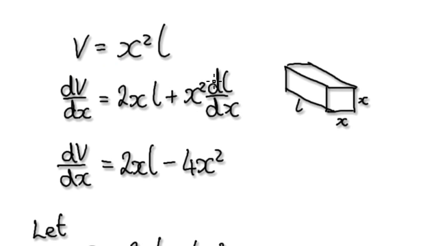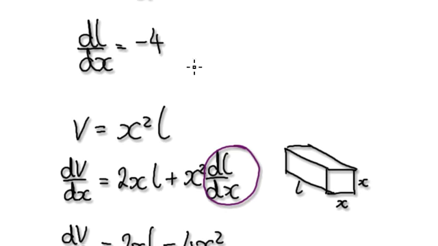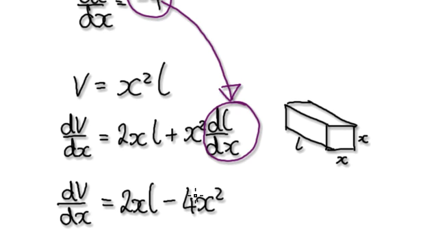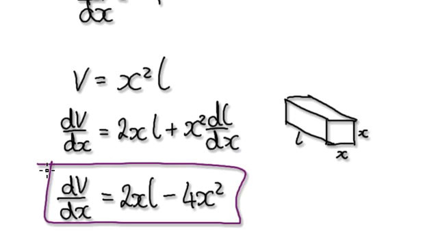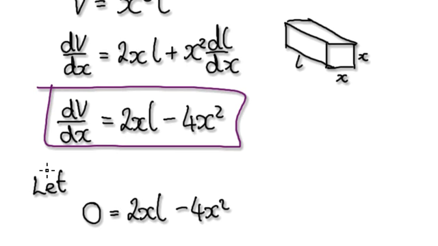Okay. And then earlier, don't forget earlier we worked out dl by dx. So dl by dx here is minus 4. So put that into here. Okay. So that will then give you this. So dv by dx is given by this. Okay. And now we